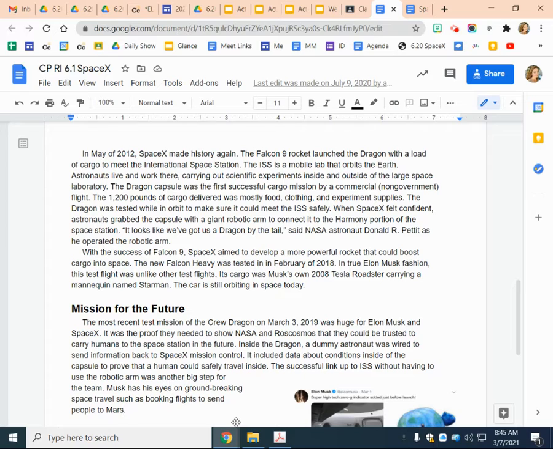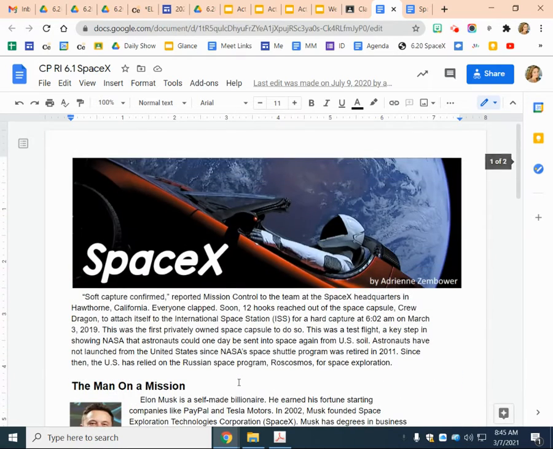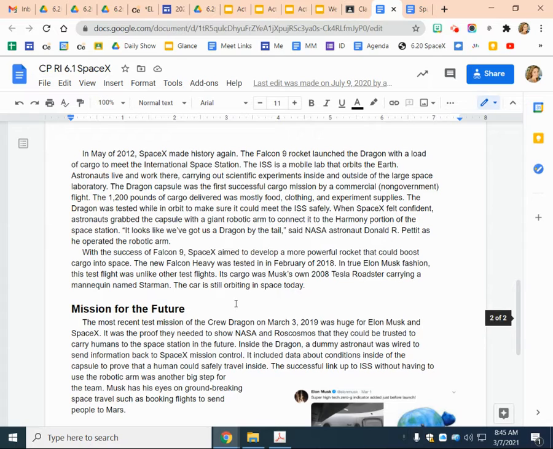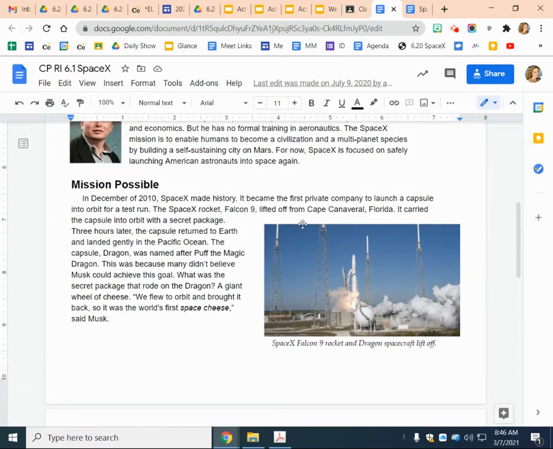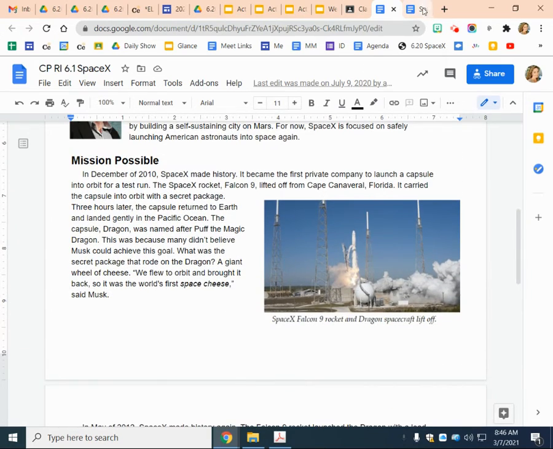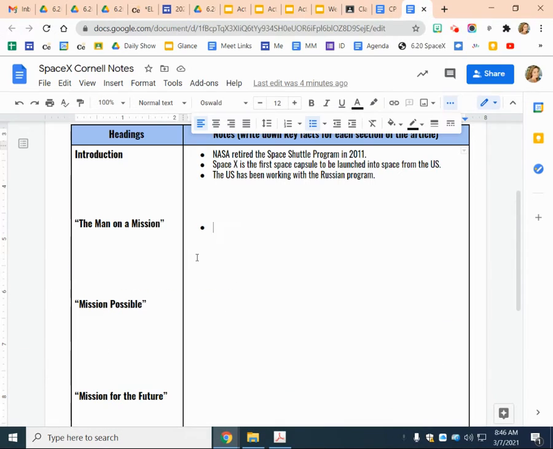So that is why we see that image at the very beginning of this article. That's Starman right there, and that's his Roadster that's being described in this section of the article. So what I'd like you to do is, there's a lot of information in that section. That's the longest section. You could probably find even 4 pieces of information to put in your Cornell notes. I'm going to pause the video so that you can write down some key details in your Cornell notes